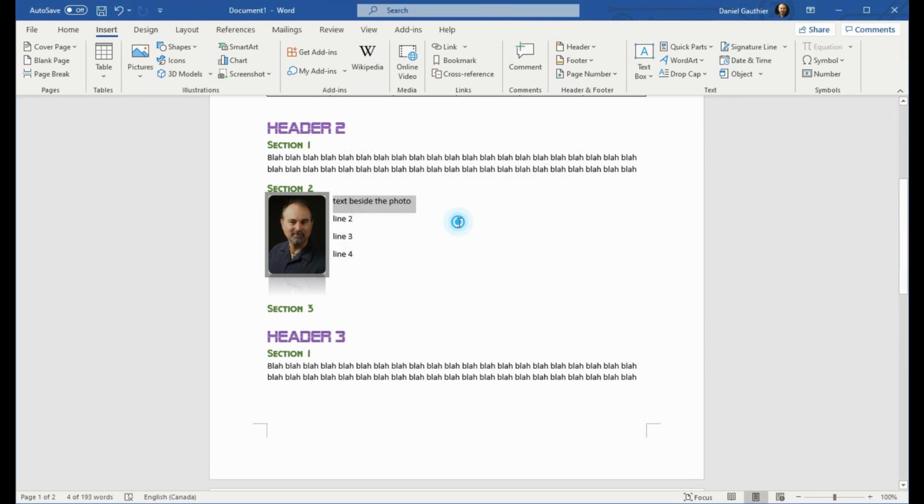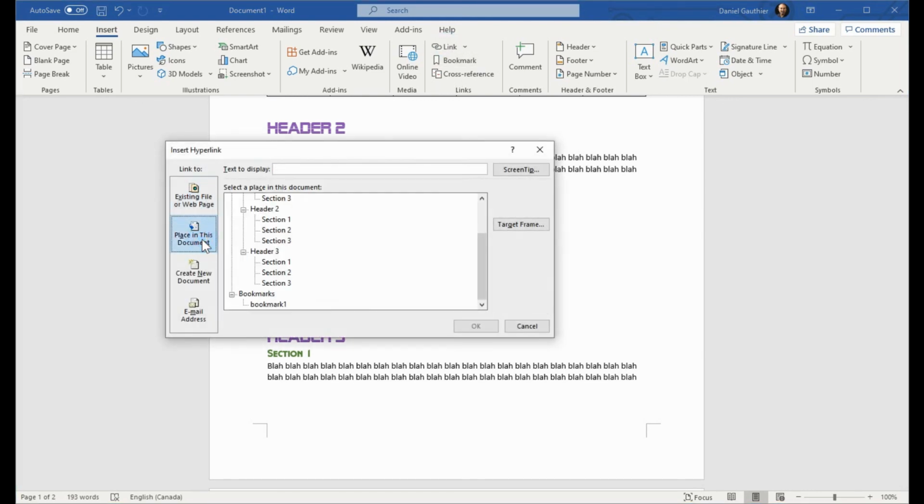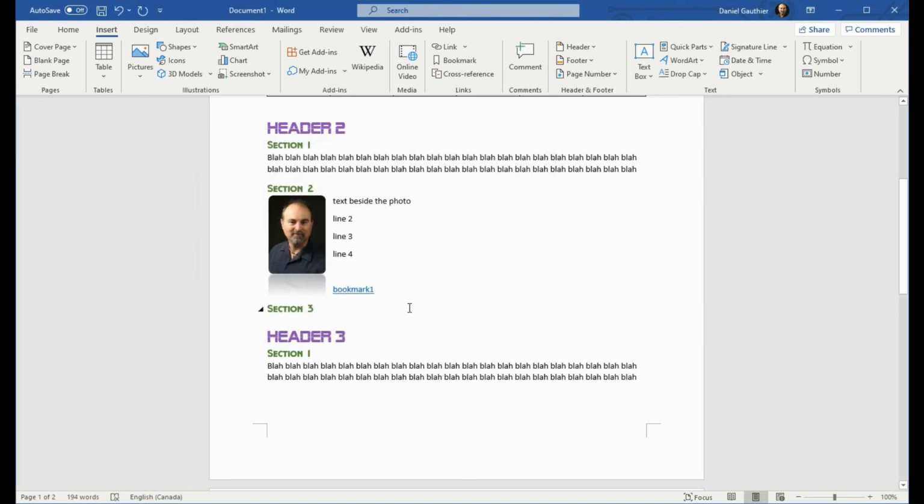There can't be any spaces in it, but we have a bookmark here now. If we want it to link to that, you can make use of a place in this document, and we just created a bookmark so we can find that here to link to. But because we also have header 1s and header 2s, they're automatically created as links, so you can link to those. But if you wanted something specific that's not one of those that are included automatically, you can create the bookmark and link to that. So clicking on a link like this would jump you to that part of the document.